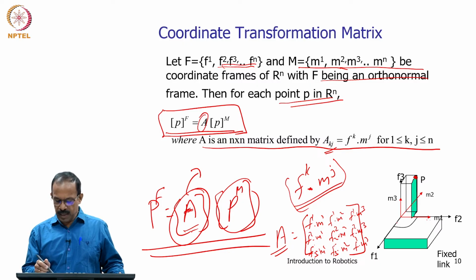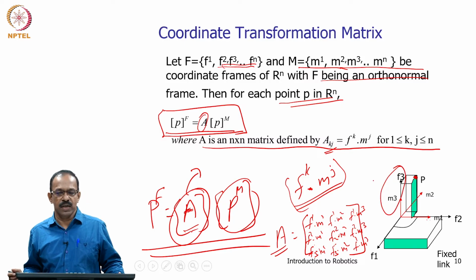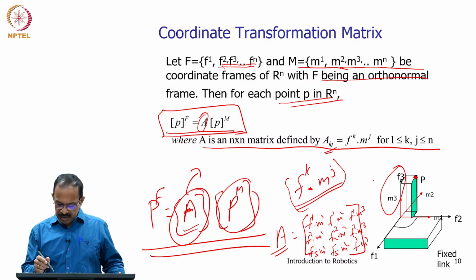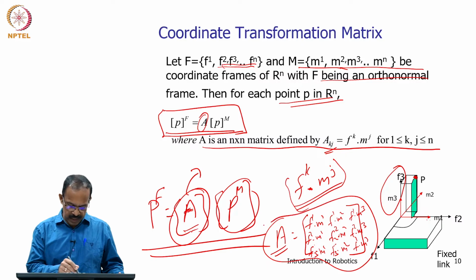Yeah, so they are not aligned, so you will be getting it as 0. Whenever there is an alignment, you will see F3 dot M3 is 1, and in the same way you can get F2 dot M2, F1 dot M2 etc., and you will be able to get this matrix A, that is the transformation matrix A.